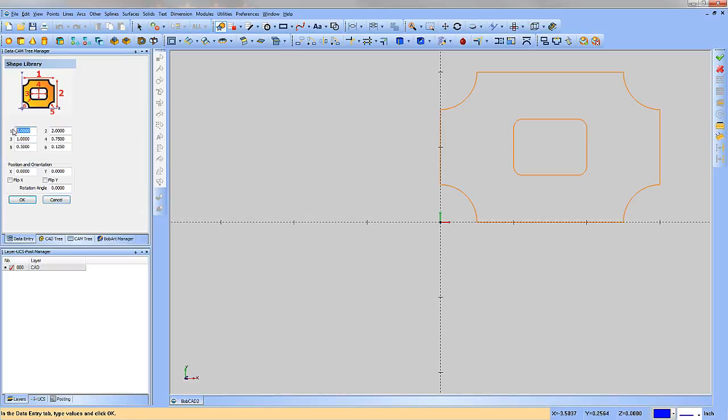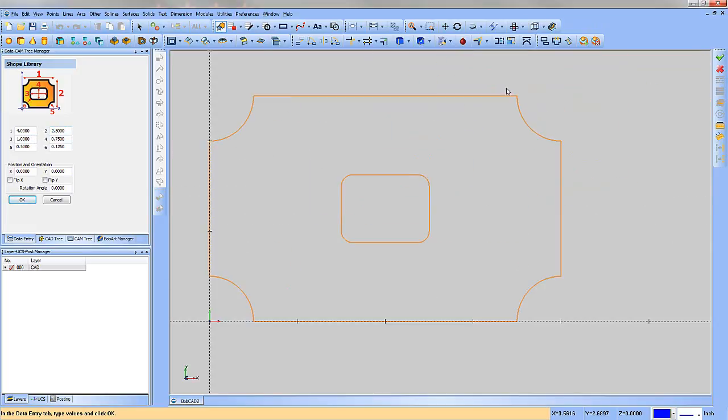Now for number 1, we're going to make it 4 inches wide by 2.5 inches tall. And then I can come over here and zoom out. We'll zoom into that. For our square in the middle, number 3 is going to be a 1.25 square. And then number 4, we're going to make 1.5. Number 5 we'll see is the outside radiuses here. So we're going to go ahead and make those